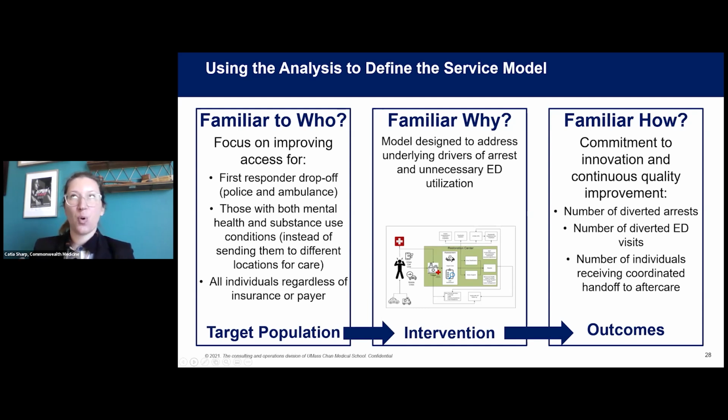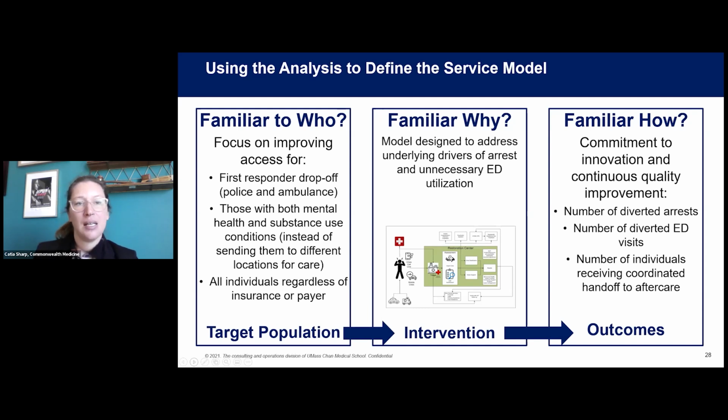So one of the aspects of the model that we also built in was a commitment to innovation and continuous quality improvement. So really emphasizing the need to keep looking back at this data in the future on a regular basis, in partnership with the provider entity that we are in the process of procuring now, to say, are the number of diverted arrests going up? Are the number of diverted ED visits going up? Are individuals receiving coordinated handoffs to care in the community after their use of the Restoration Center that is preventing future law enforcement or 911 contact? So we're going to continue to look at those outcomes as we go, now that we're at the stage of